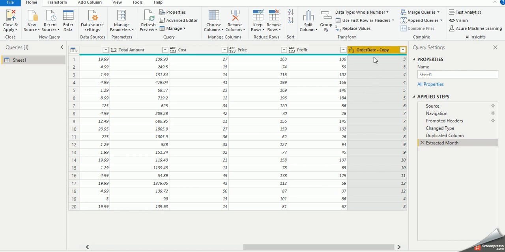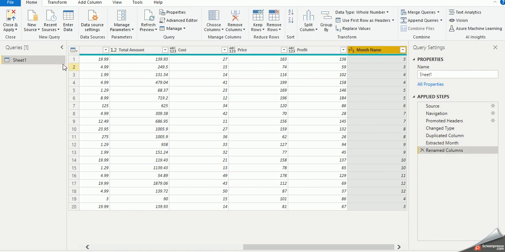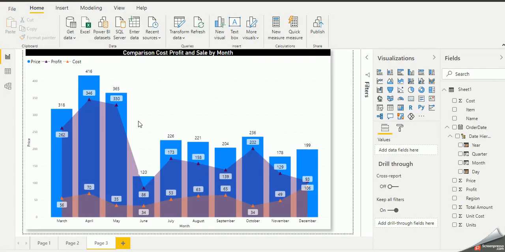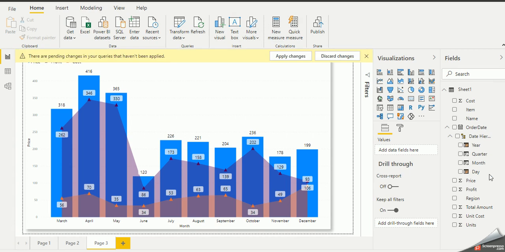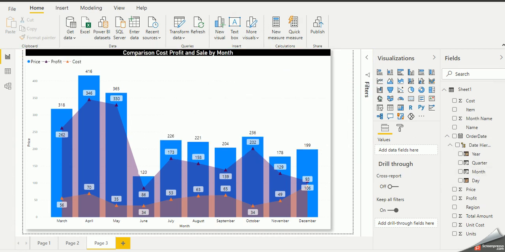Now it shows the month number, and if I double click, I can rename it. So I will put month name. Okay, and after that there is an option, close and apply. If I click it, it will close and apply by default. You will see that the column month name is available.